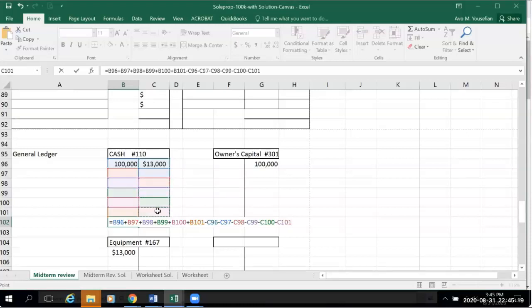Make sense? So all the debit sides, add them up, minus all the credit sides, whatever it is,